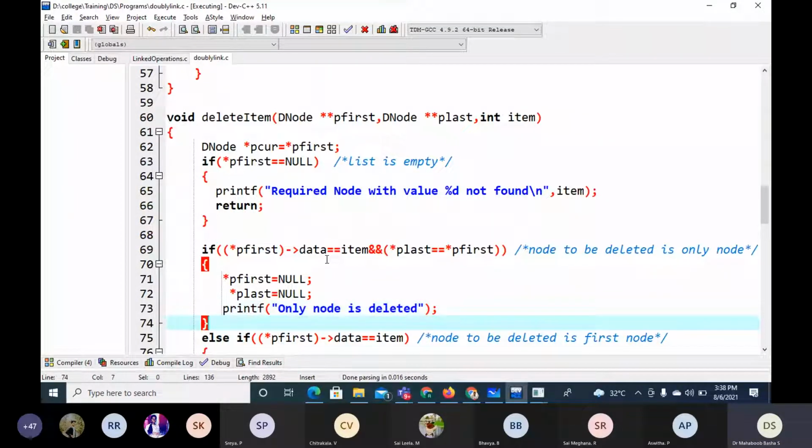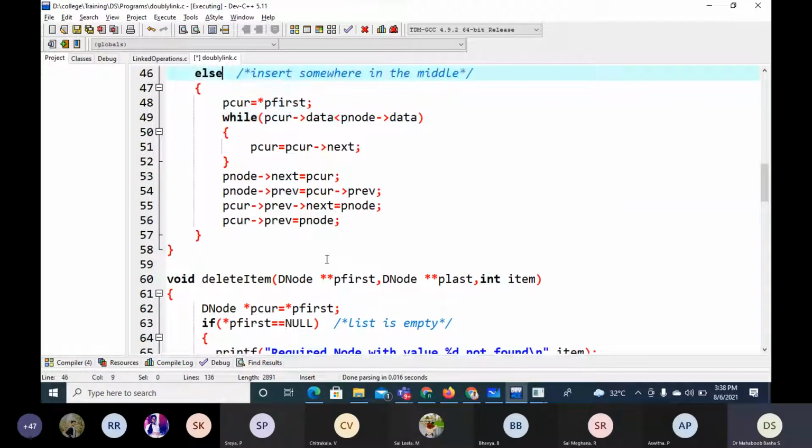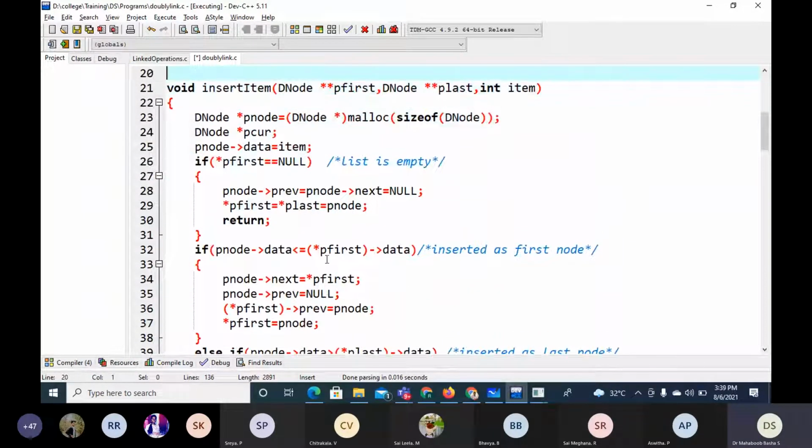*pLast, *pFirst equals null, *pLast equals null. pFirst equals data, *pFirst data equals item, and *pLast and *pFirst. A modification somewhere, mistake: pLast, pFirst equals pLast, pNode, pFirst equals null, *pFirst equals pNode,